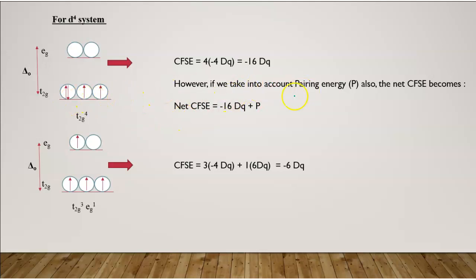where your pairing occurs, that is your low spin complex that I have just discussed in the previous slide. Low spin complex, and this one is your high spin complex. HSP stands for high spin complex. Okay, so in D4 how we are going to calculate, there are 4 electrons present in your T2G orbital, so this is going to be your electronic configuration for this, and however अगर आप यहाँ पे pairing energy calculate करते हो तो आपकी net CFSE बन जाएगी -16 dq plus p।